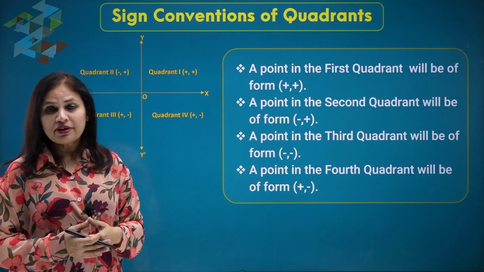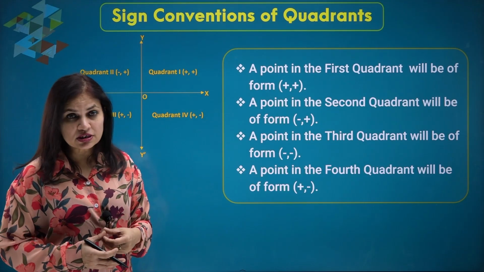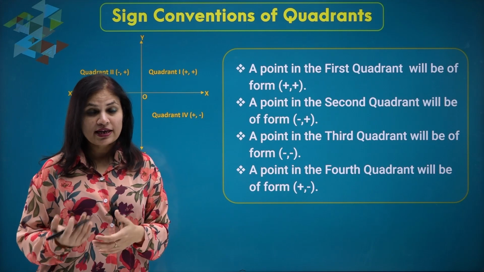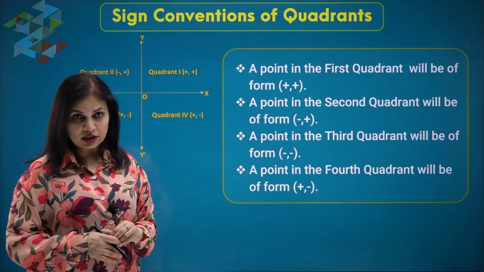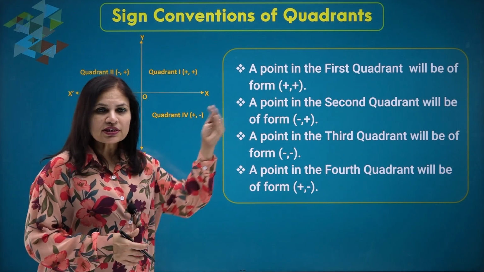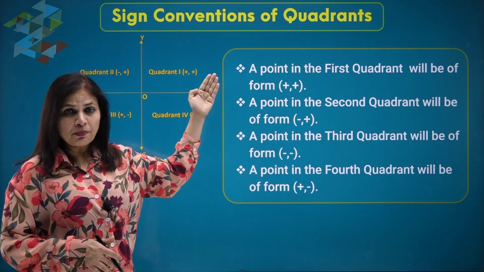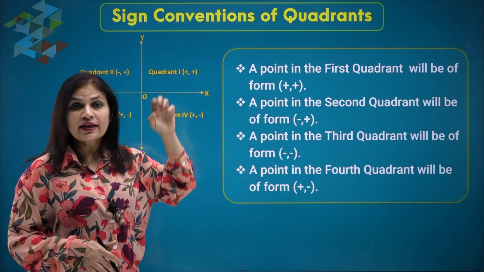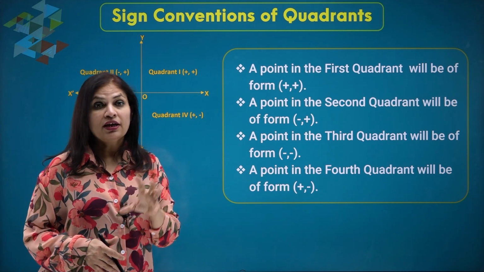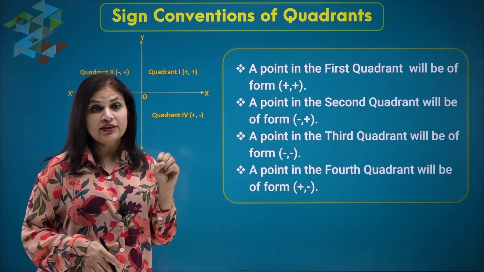Let us quickly summarize whatever we have learned till now about the Cartesian plane, the x-axis, the y-axis, and particularly positioning a point on the Cartesian plane. What did we discover? We discovered that if I place a point in the first quadrant, I'll get the values of both abscissa, that is the x value, and ordinate, the y value,